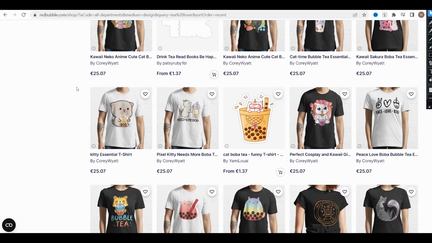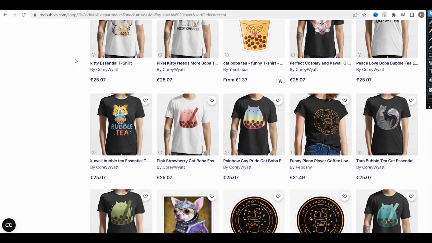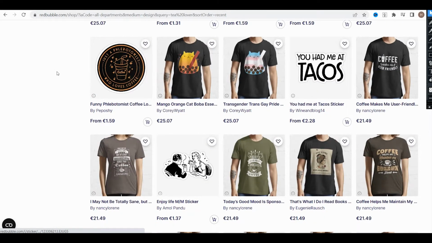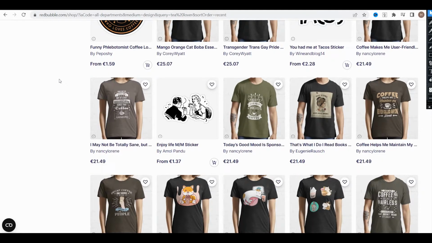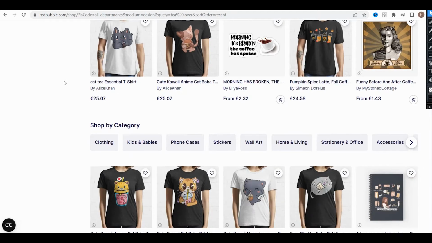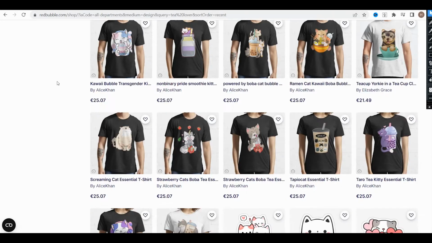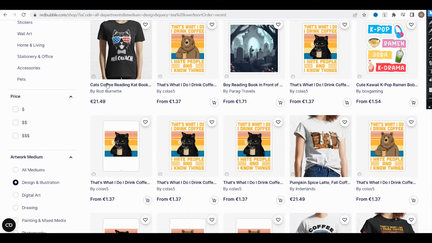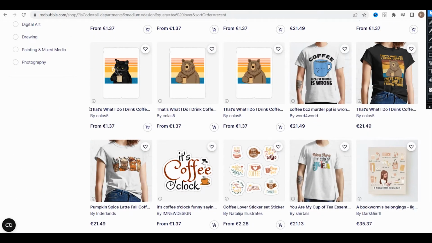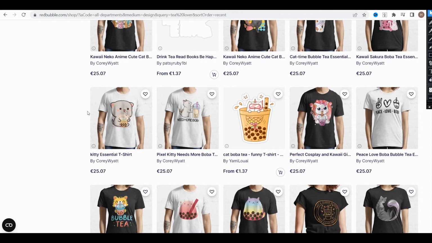Okay, let's go to the third main problem of not getting sales, and it's bad graphics. Sometimes I can see good optimization of listings and also good themes, good topics, but the graphic can be made really bad, and I don't understand, to be honest, why someone can expect sales from this kind of designs, this kind of graphics.